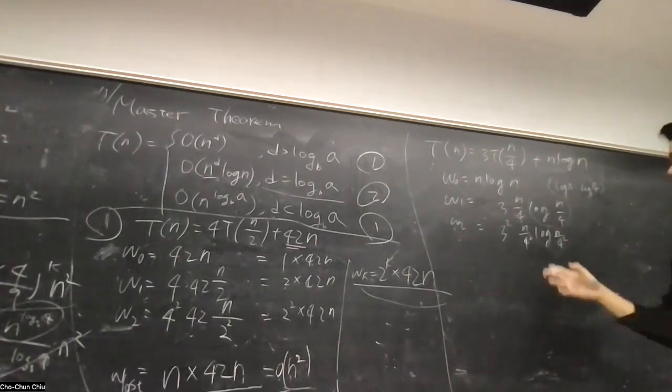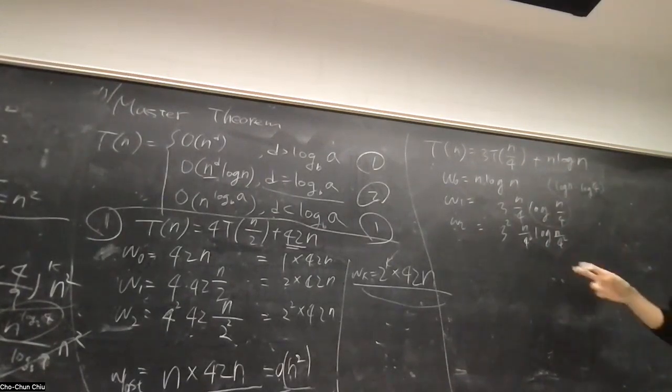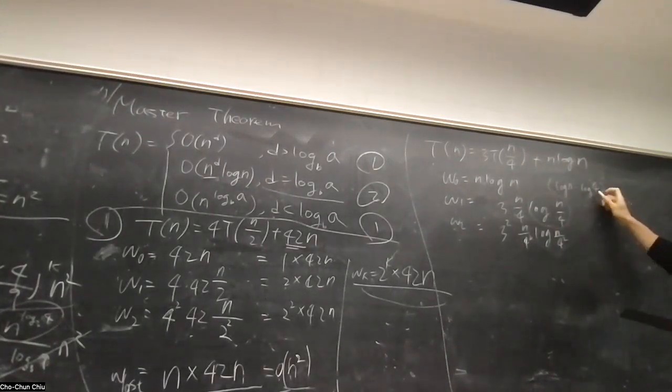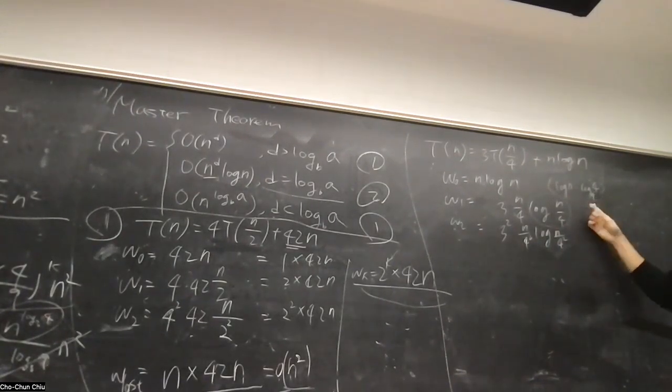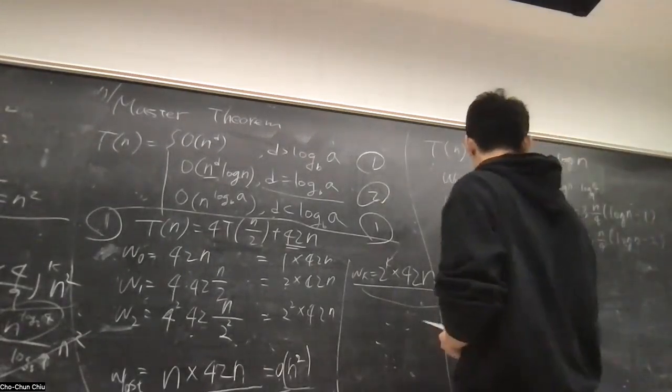Right? So this is log n minus log 4 to the power of 2. Right? And then the base is 4. So eventually we can express these things by log n minus what? And this is like log n minus 2. So WK is